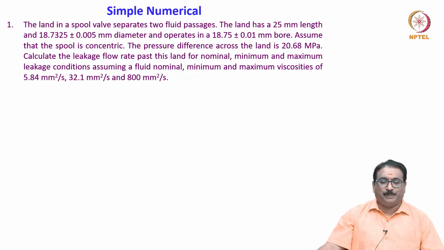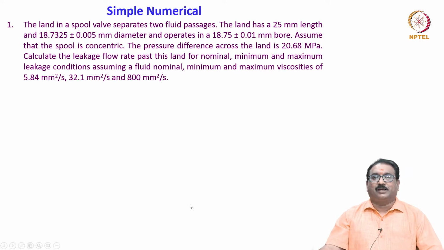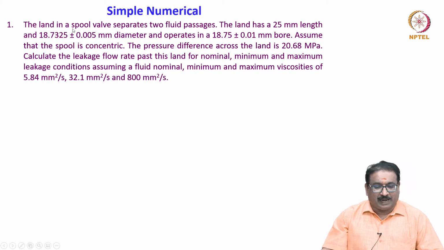Correct, friends? Now I'll solve some of the simple numerical problems for the direction control valve, pressure control valves and flow control valves very quickly. The problem is like this: the land in a spool valve separates two fluid passages. The land has a 25 mm length and